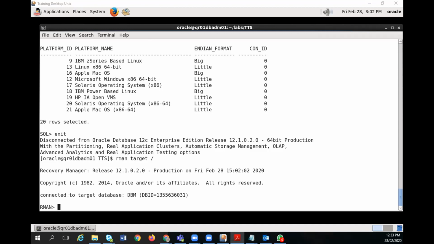Okay. Now I am using convert database. So let me go for the script.